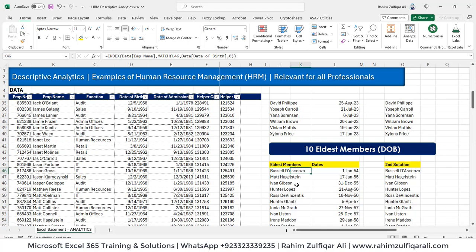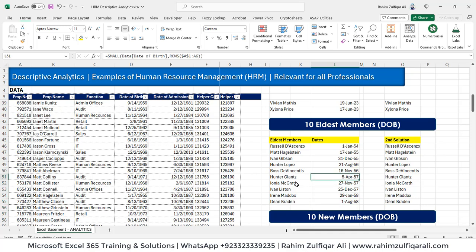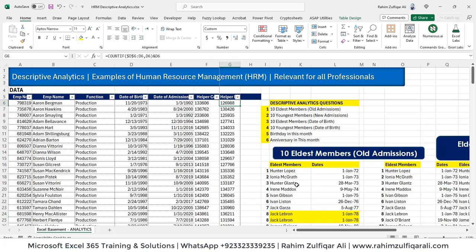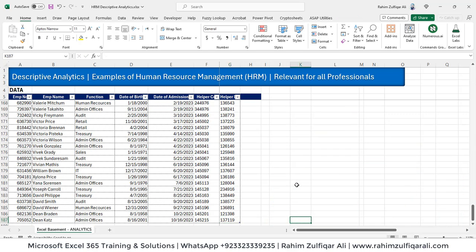Alright, so let's proceed further. I have also added the second solution. Why second solution? Because as I told you, if you fetch the dates, and if any date keeps on repeating multiple times, you will face the similar name here. So to get rid of that, I have created another helper column based on date of birth. Again the same logic which we did for date of admission. So we now have 2 helper columns,